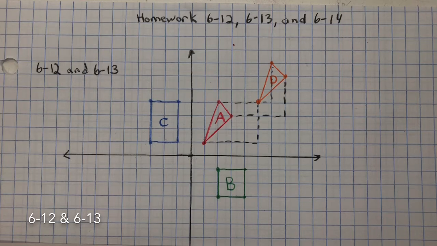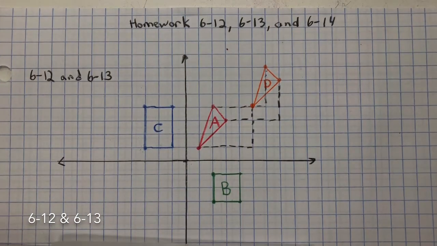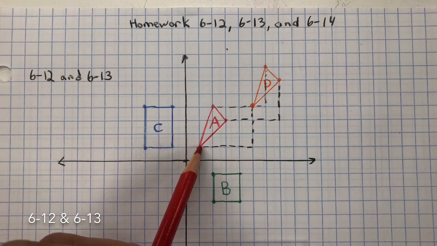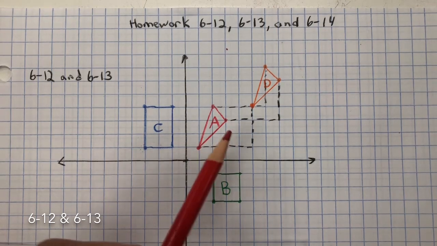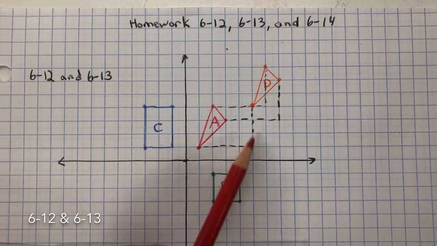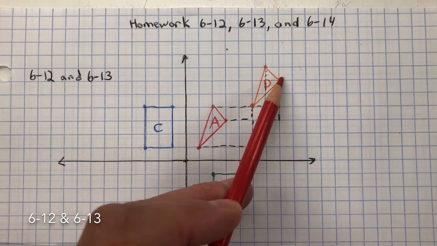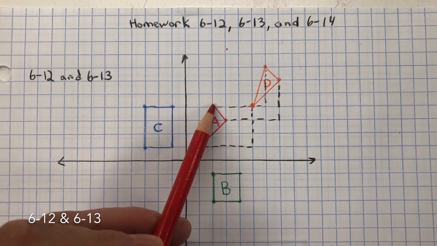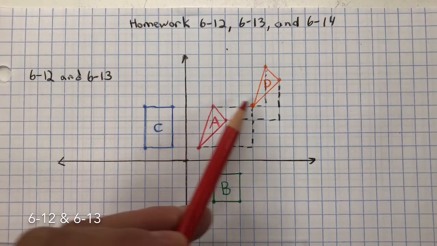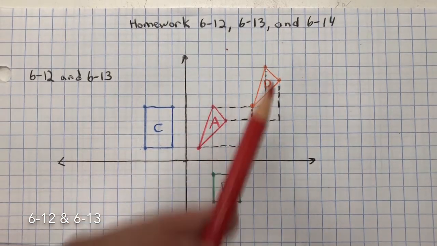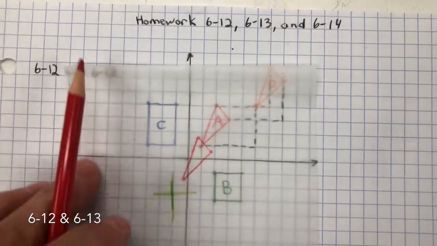In 613, you need to translate triangle A 4 units to the right and 3 units up to create triangle D. So one way is just to take each point and go 4 units to the right, 3 units up, and make that point. This point, 4 units to the right, 3 units up, and then the last point, 4 units to the right, 3 units up. The other way, using patty paper,